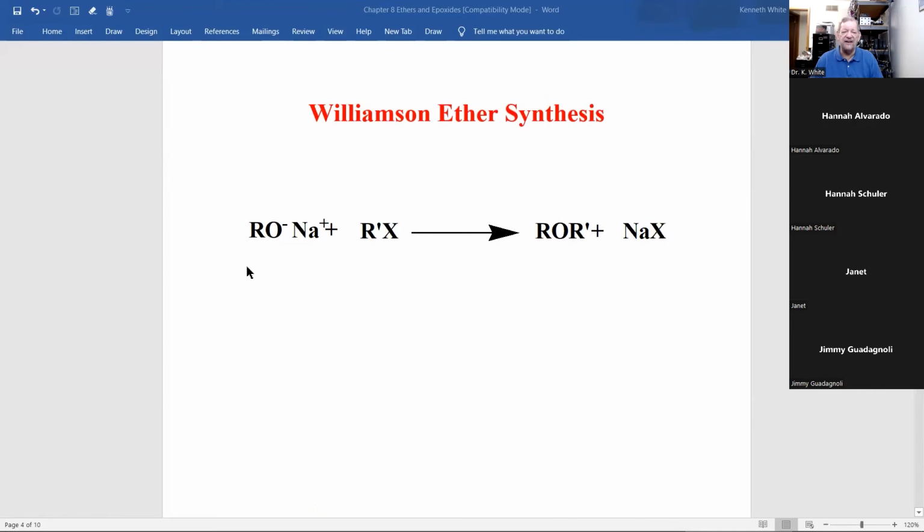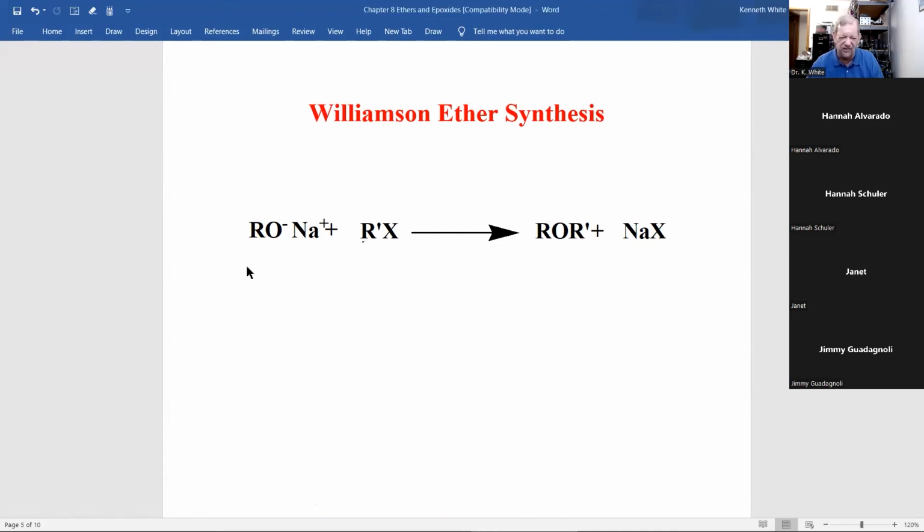Now, how do you make an ether? You use what's called the Williamson ether synthesis. And what's the Williamson ether synthesis? Well, it's named after Dr. Williamson. It's where you take, this is called an alkoxide,